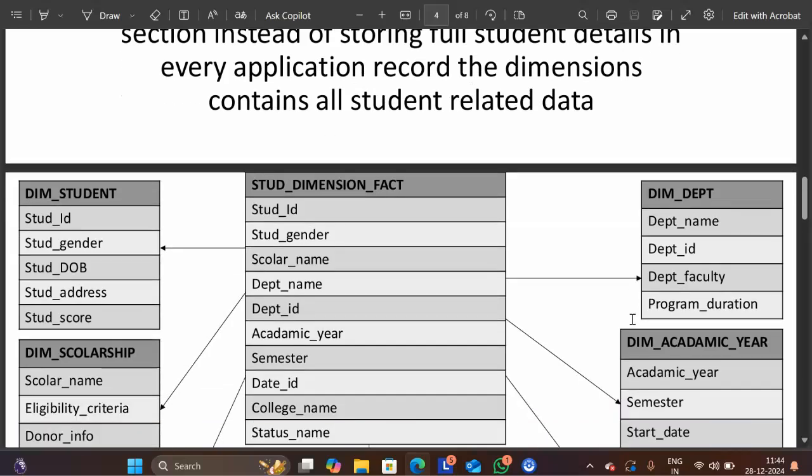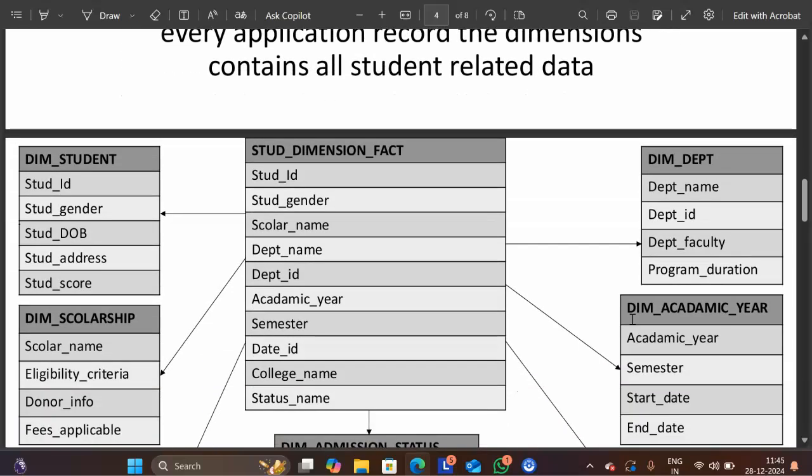Hello, my name is Vedant Deshmukh. I am going to explain fact table. What is a fact table? A fact table is a central component in a data warehouse that contains quantitative data for analysis. It serves as the foundation for business intelligence and reporting by storing data relevant to specific business processes.